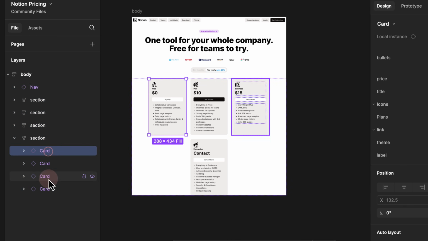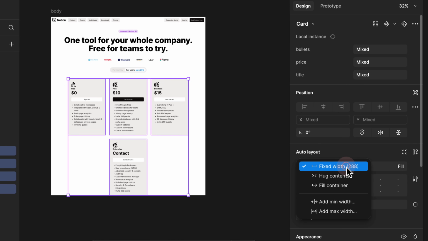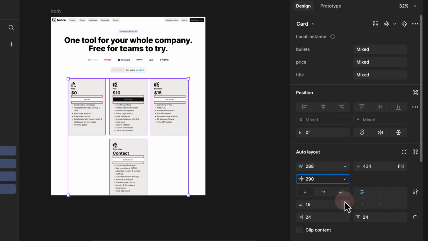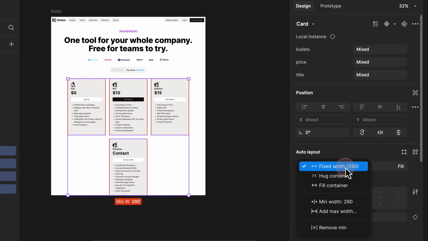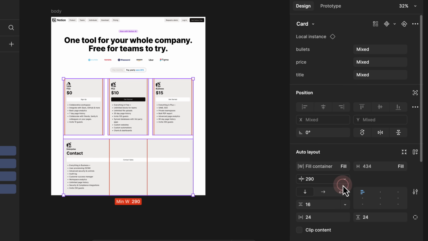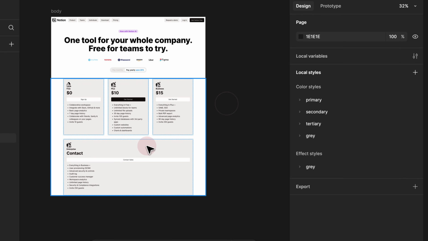However, if I go ahead and select all of the cards and set a minimum width on the auto layout by selecting add minimum width, and then I go ahead and select 290 pixels. And then on top of that, I would go ahead and select the width, and instead of fixed, I would make it into fill. By combining minimum width and fill container, we're able to adjust the available space in each